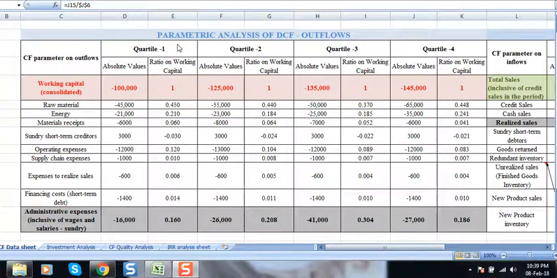Well, friends, we get started with the second session of the series on the discounted cash flow. In the previous session, we had discussed the parametric analysis of DCF outflows, wherein we summarized the working capital consolidation, the importance of quartiles in time series models, and the need to learn from the peers in a given project and understand the cash flows in a time series in real terms to enable us to predict